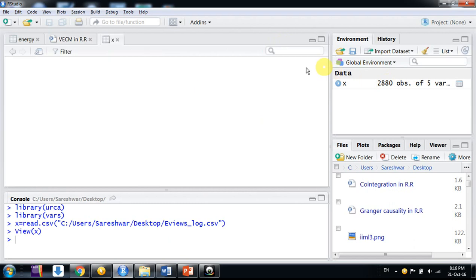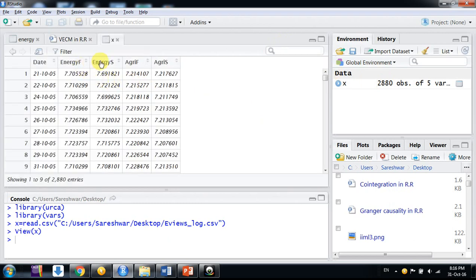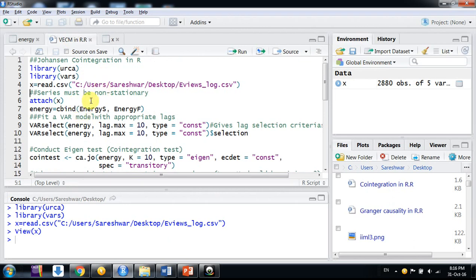This is my data. These are the spot and futures data of two series, energy and agriculture. So suppose we want to conduct a VECM model on these two series, energy futures and energy spot. These are daily logged price data, friends. One thing we need to ensure is that the variables we are running the vector error correction model on follow the Johansen co-integration method. If these two variables are non-stationary and co-integrated, then we can use a vector error correction model.